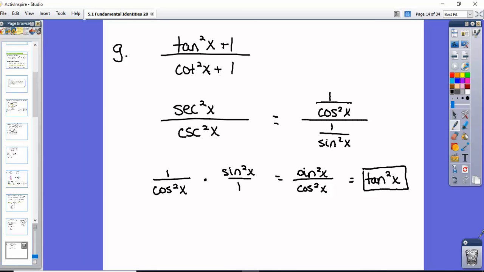Okay, so today is just all about manipulating these formulas and trying to simplify things. I'm wanting you to get more familiar with the identities, recognize how to change things into sines and cosines, and go from there. I am posting a handout on Classroom for homework. I would like for you to try those. When you finish